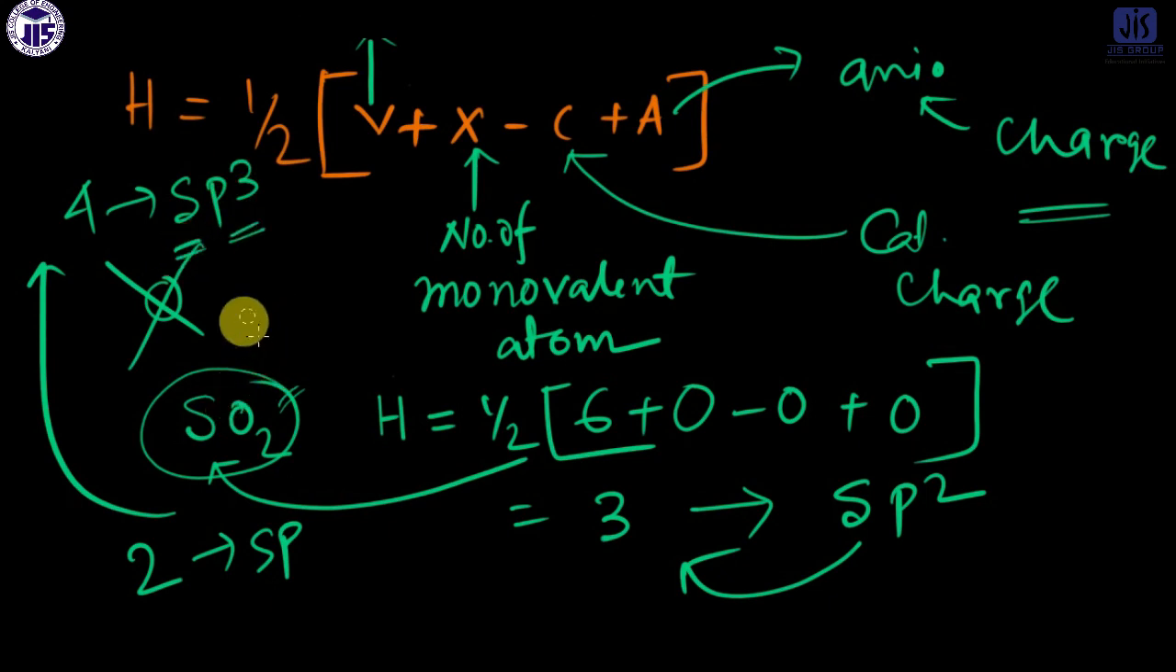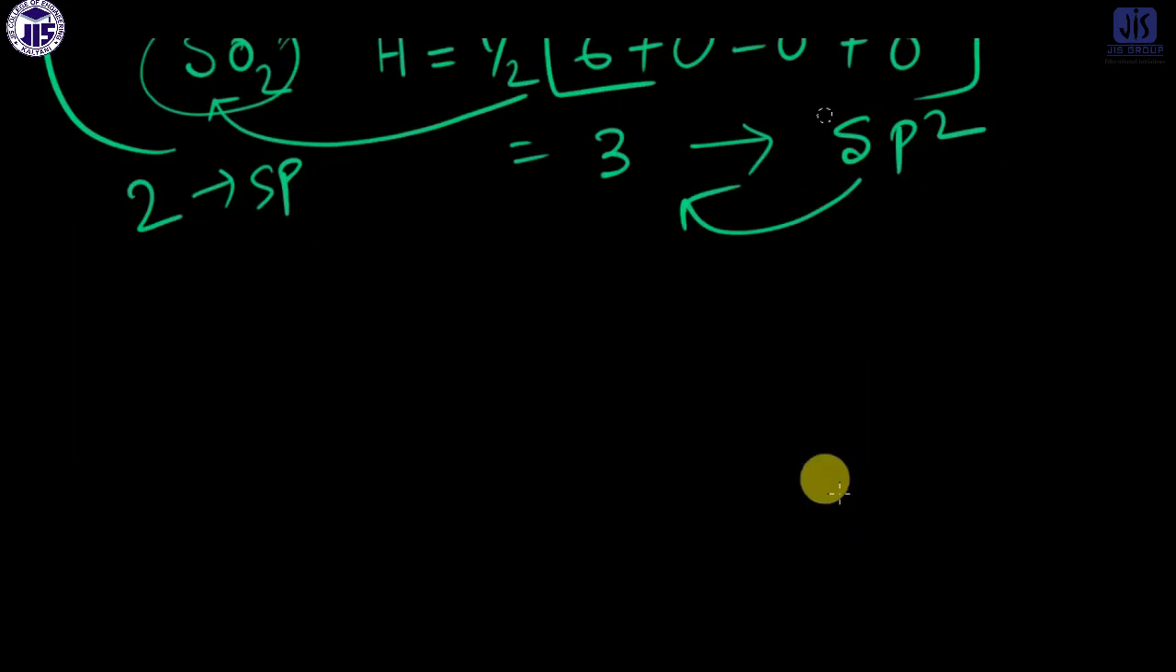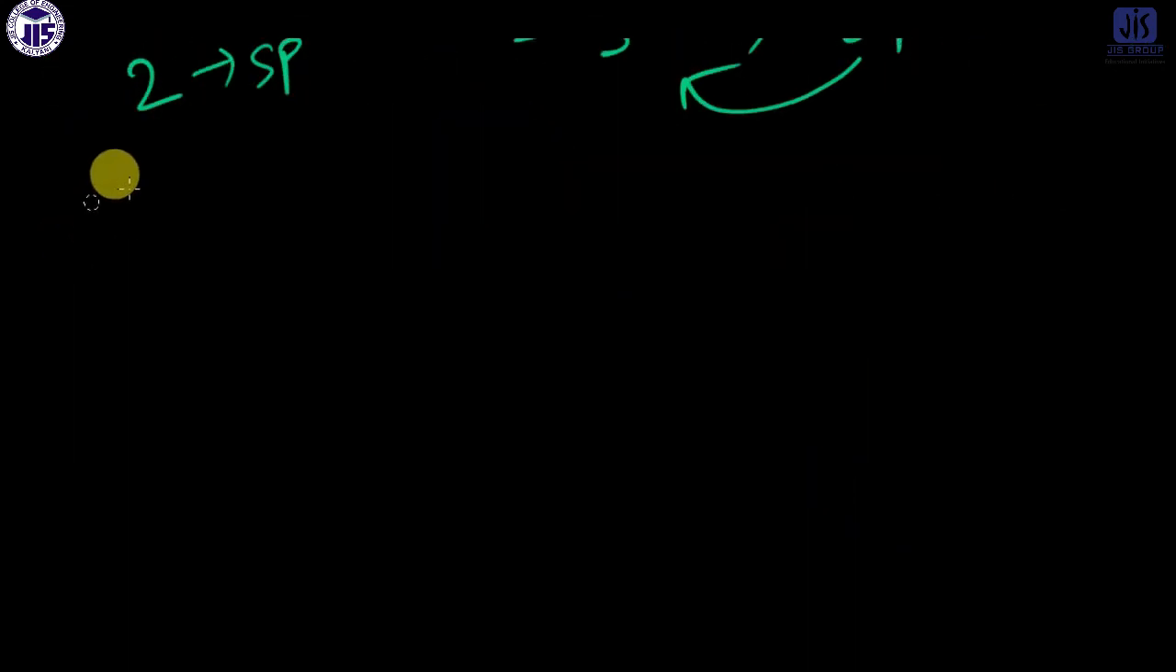Okay, so if you get the value of 5, then it will be sp3d. Number of orbitals you will get from here. Okay, I'll give you another example. If you take the example of NH3,